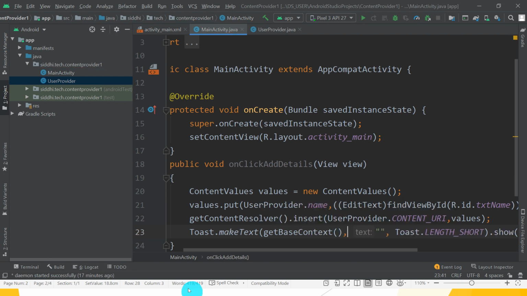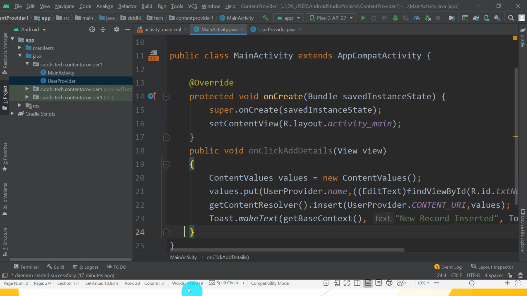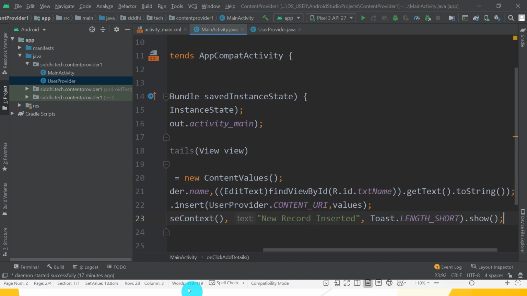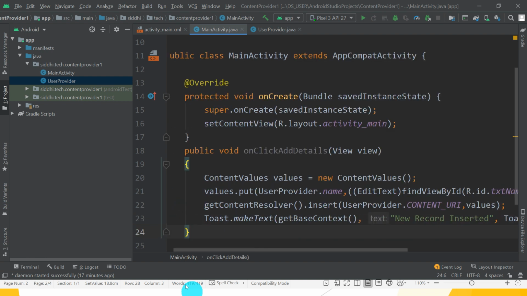Great. Text, you can give the text as a new record inserted, that is the message. Toast dot show. Great. We know that Toast dot makeText method and how it works. Great. So this is all about onClick add details method.